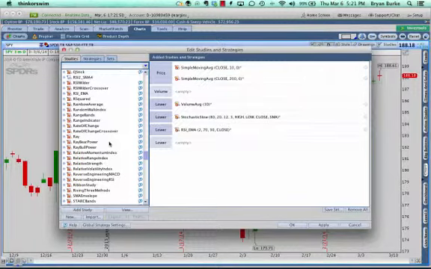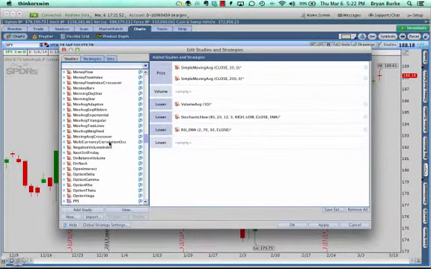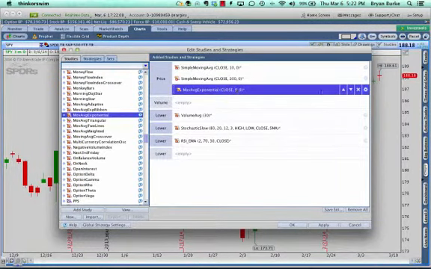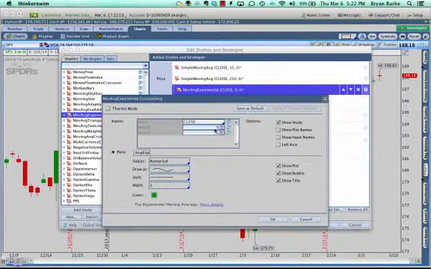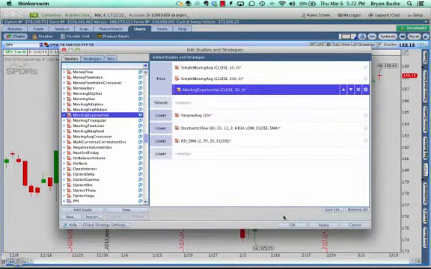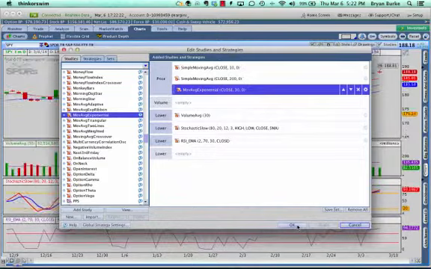Now, the other moving average that we want is up the list a little bit, and it's known as an exponential moving average. So this is moving average exponential. Yours might be listed in the E's for exponential moving average, but look for moving average exponential or exponential moving average. Add it to the list, and we'll also want to change its settings from 9 days to 30 days. Okay, 9 to 30, and color code this one blue. That way we've got different color codings for each of these, and when we apply our settings and we look,